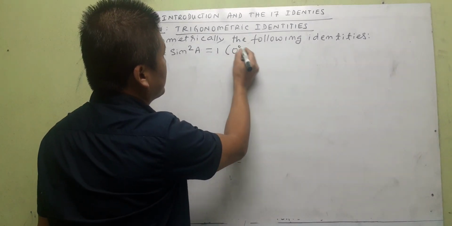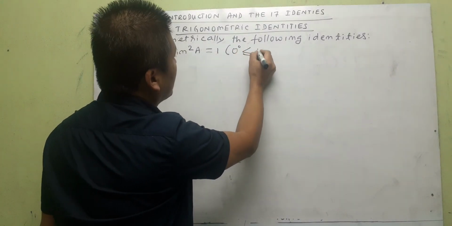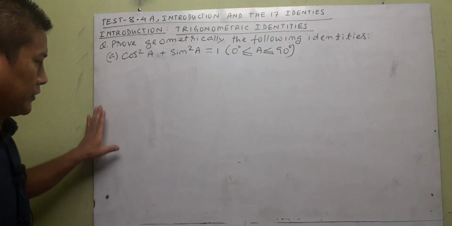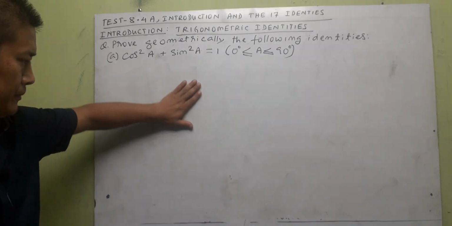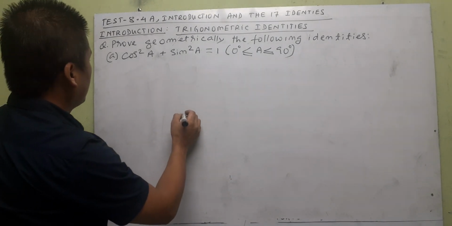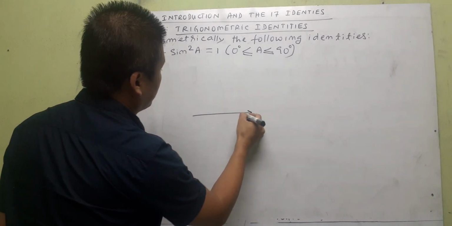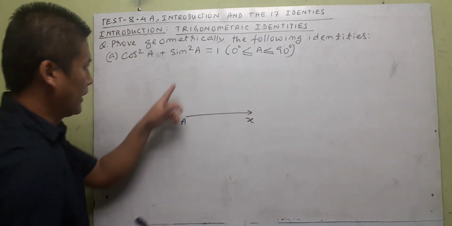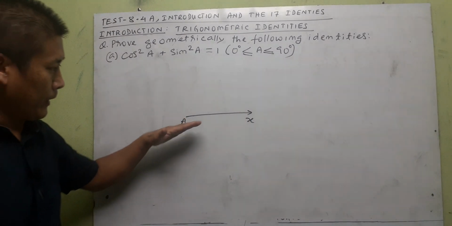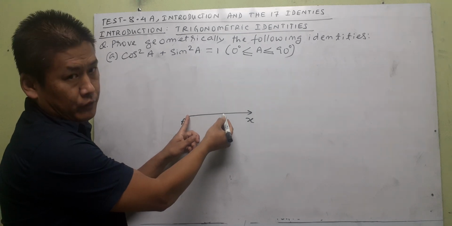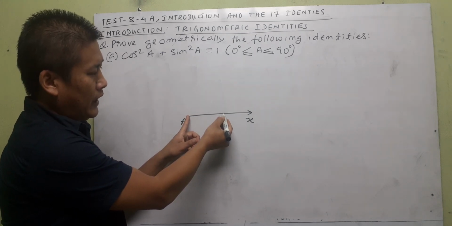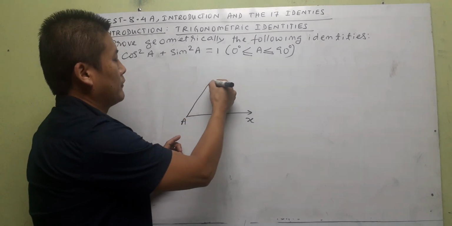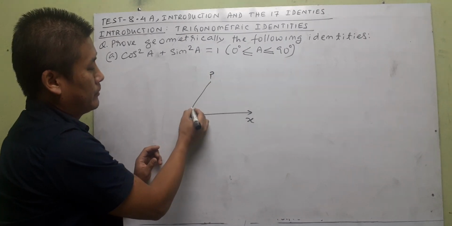given that the value of the angle will be 0 degree less than or equal to A less than or equal to 90 degree. This is the condition. So for that, on a plane surface like a flat piece of paper, let us say there is a fixed line. It means that line is not moving. AX, because the angle here is A, so we put here A. There is another line together with it coinciding, which is a revolving line, let us say AP, and it moved up to here, revolved like the hand of a clock and reached here, making this angle